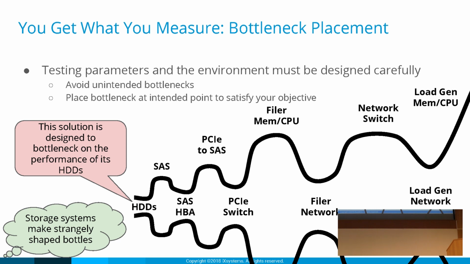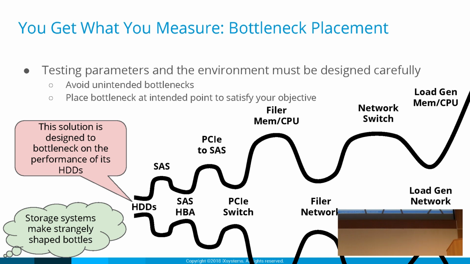Our next step, we have our PCIe to our SAS HBA. So let's say it's a by 8. Well, theoretically, there's no limit there, right? That's not going to be our limit. That's a lot of bandwidth that we could get. But because there's a PCIe switch before it, you have to take into account this bottleneck. So PCIe lanes to the SAS HBA may be great, but if we're going through a switch, then we've divided that bandwidth. Now, if there's no card sharing that switch, then this wouldn't be the case, right?